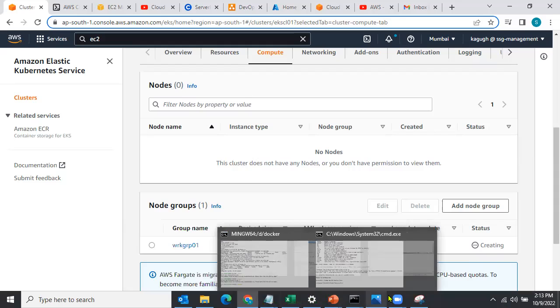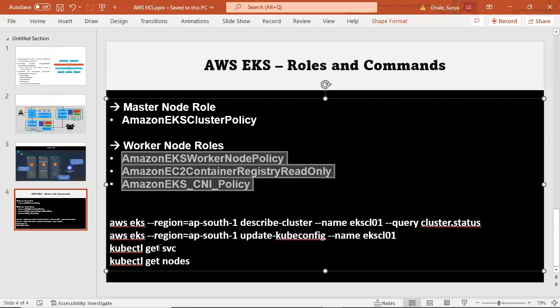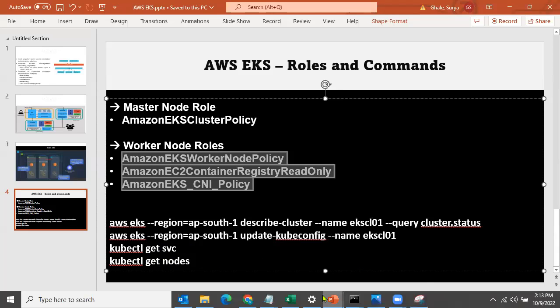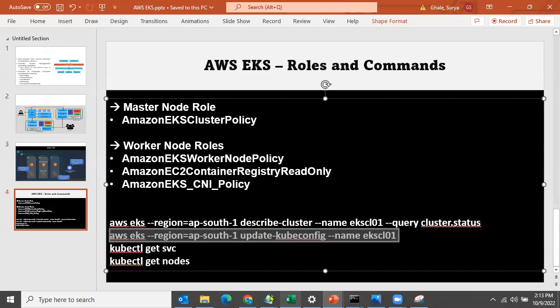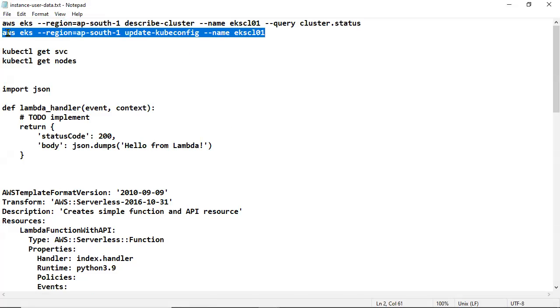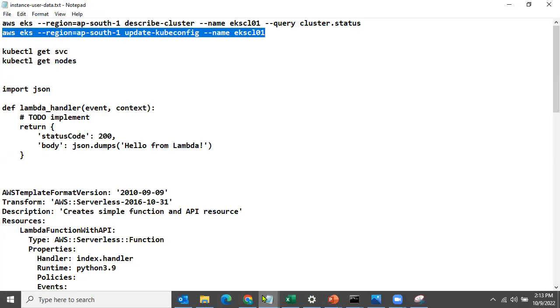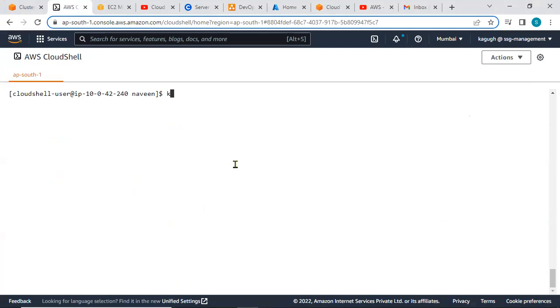Now, if we go and use kubectl, there is a command kubectl get svc or get nodes. But before that, we need to execute this command. What is this command used for? I'll tell you. Actually, if you go now and say kubectl get svc, it will not give the output